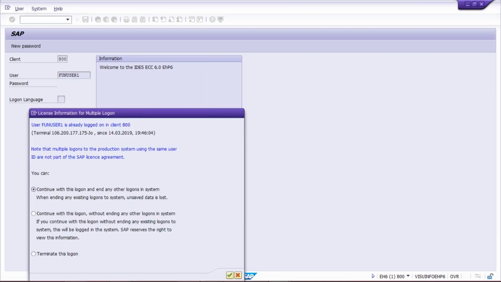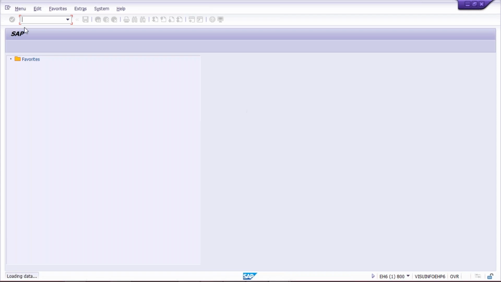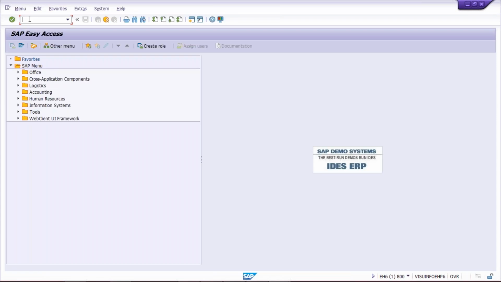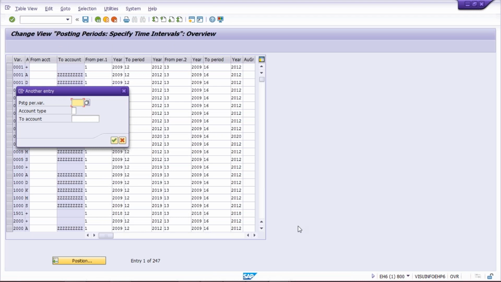And April is the first period, because April onwards again a new year is going to start for all these Indian organizations. So use OB52 once again, click on Position, and give your posting period variant TM00,